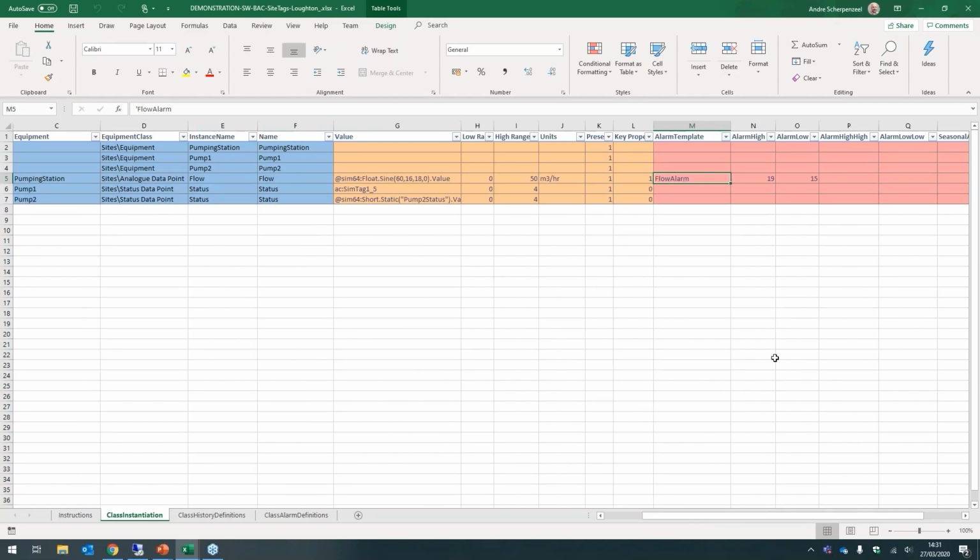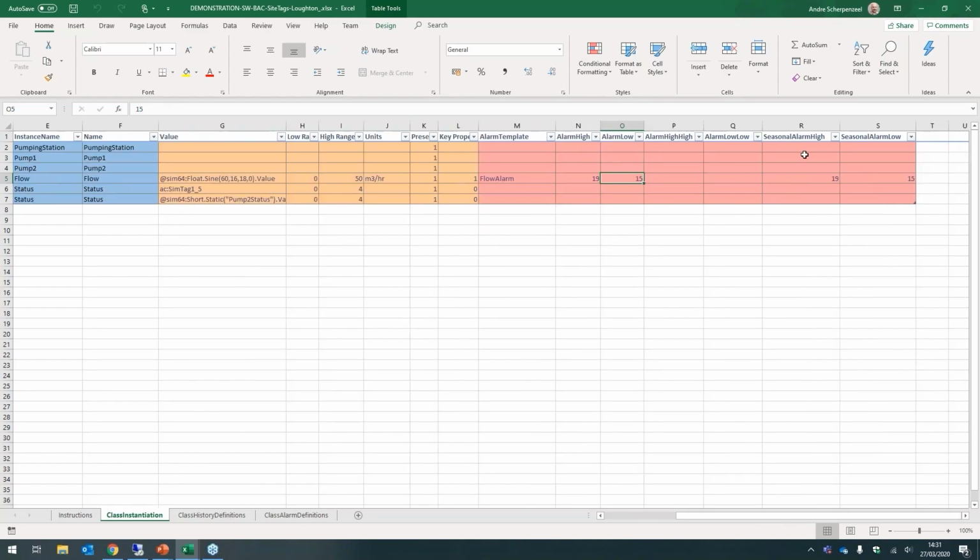actually have an alarm template called a flow alarm. We have a high limit and a low limit. On top of that, it could also have seasonal high and low limits as appropriate, or extra high and low limits. But in practical terms, you fill in a couple of fields that are relevant and specific to